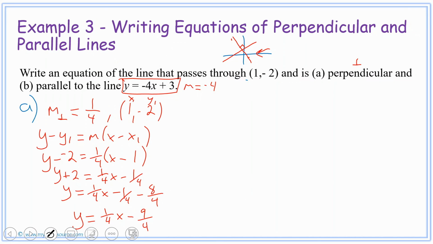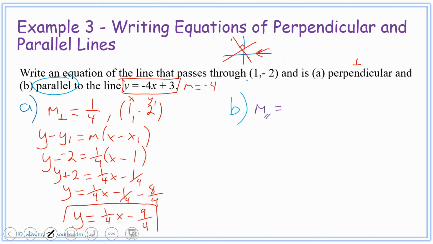All right, so that's our perpendicular equation to that line. Let's try part B. Part B is asking something similar, but it's parallel. So if m is equal to -4 there, then our parallel slope, that's supposed to be a parallel line,